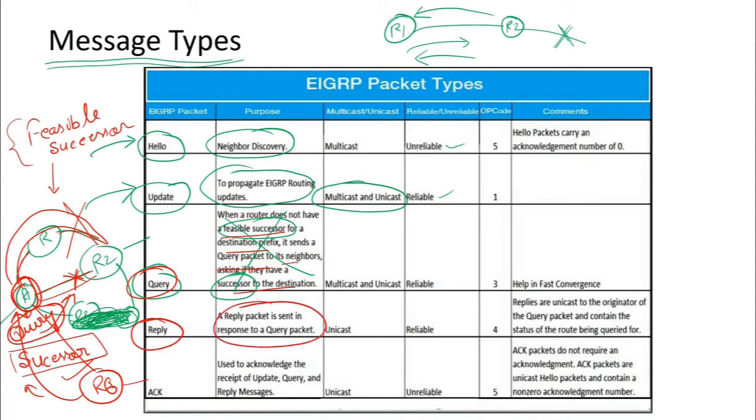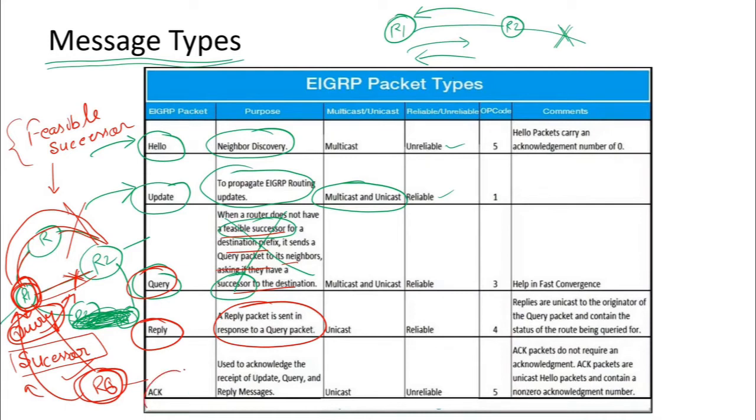When the query is generated via R1, R6 will reply, or whatever other routers have some information or they don't have the information, they just reply to the query message. Okay. And sometimes it happens that they keep on searching, do I have it or not, so they sometimes delay replying with that reply packet. So that also happens in real scenarios.